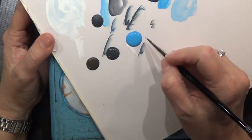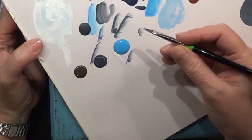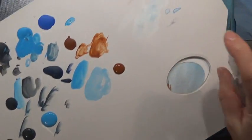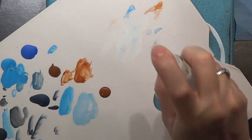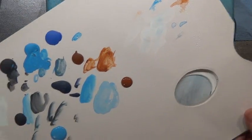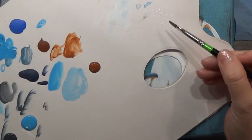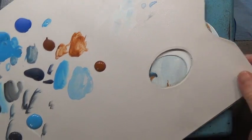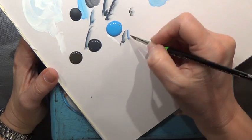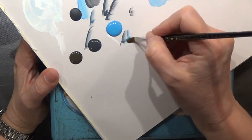So I dip into my paint. I've just got a small brush here. I've got a little bit of water, but I always have spritzes of water on my palette somewhere. Usually on that side. I keep the paint over here and I keep the water over there. So if I need water, I can just go over here and grab a little dot of water. And then I'll dip into my paint and I load it like this. I load it in a V,